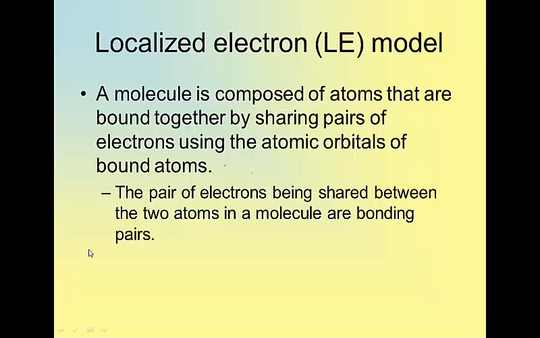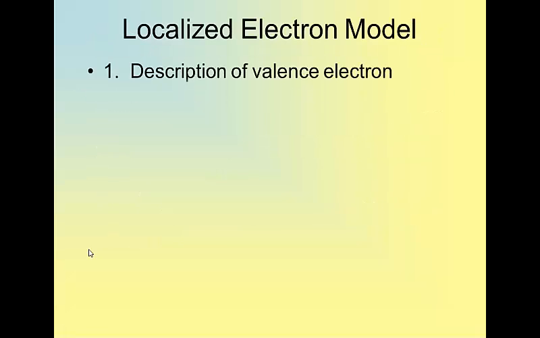The localized electron is that original line you draw in the Lewis structure between atoms. It is the pair of electrons that gets shared to form that bond, that original bond. So that's the localized. Think about the word localized. It makes sense. What we're going to basically do this chapter